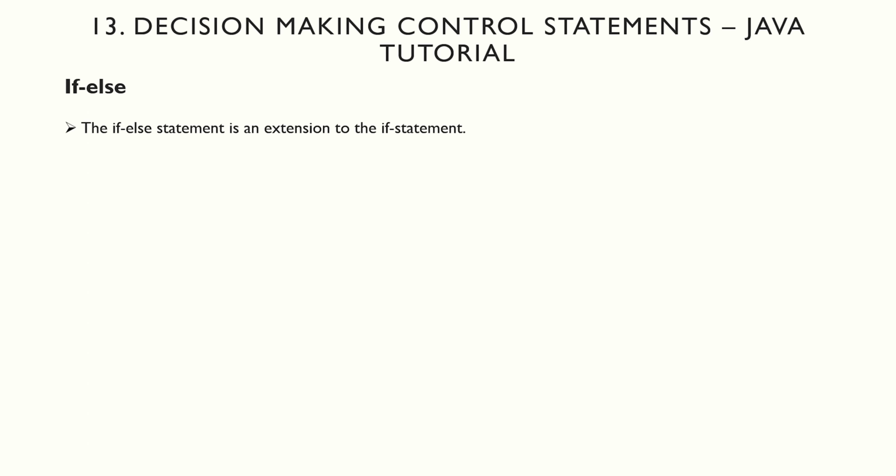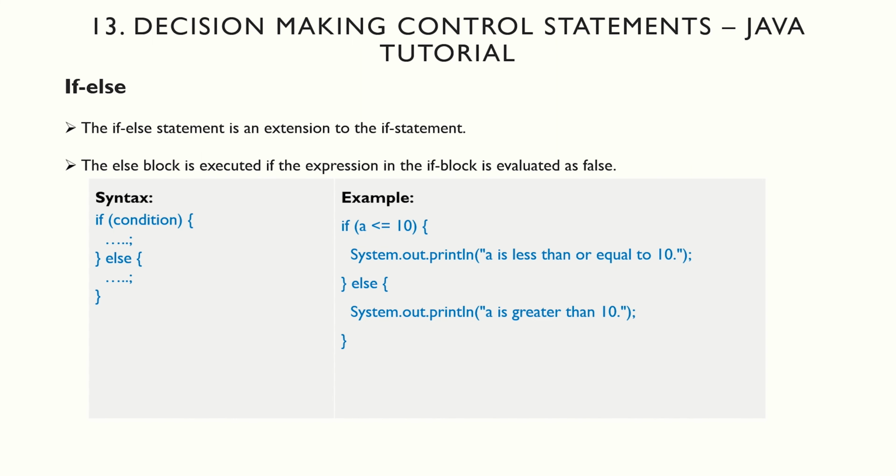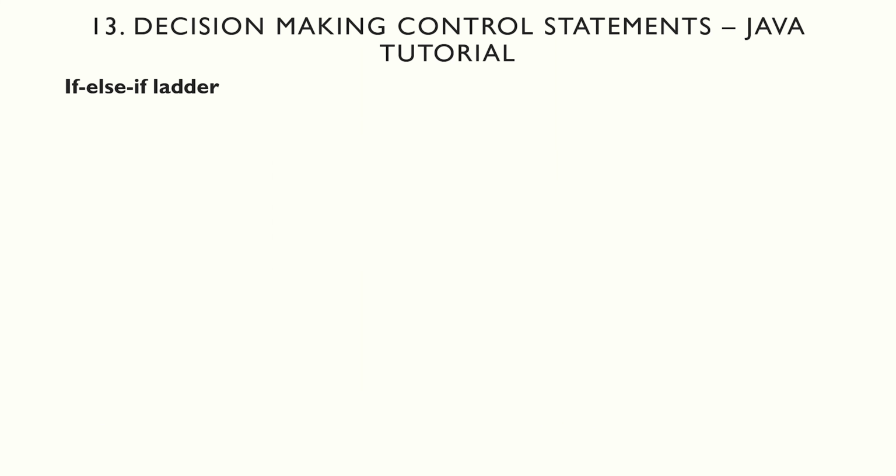The if else statement is an extension to the if statement. The else block is executed if the expression in the if block is evaluated as false. Syntax: if condition, block of code, else, and a block of code. When the condition is false, the else block executes. Example: